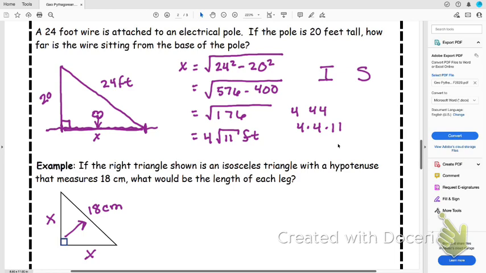Okay, so now can we solve this? We're going to start with the normal Pythagorean theorem. It says leg squared plus leg squared equals hypotenuse squared. So what's one leg? X. So x squared plus x squared equals 18 squared. How many x squareds do I have? 2. So I have 2x squared equals